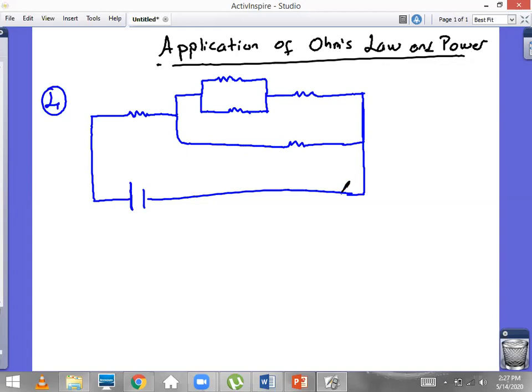So let's write the magnitude of resistance. Over here is 3 ohm. Here we have 10 ohm. Here we have 5 ohm. And here we have 4 ohm. Here we have 3 ohm. Okay, so let's name the resistors. It's going to make our job easier. When you name the resistors, it's going to be easy for you to solve the questions. So let's call this one R1, here R2, this one R3, this one R4, and this one, let's call it